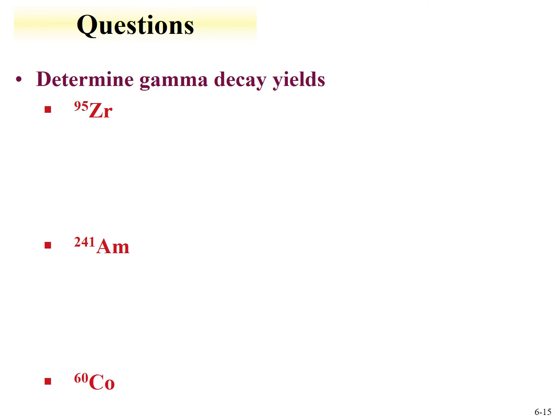These are important factors because often gamma decay is what's used to identify an isotope. If I can count the number of photons that are present and I know my efficiency for the detector, I can get an idea of how many counts there are of a photon that represents a given isotope. And if I know the yield of those decays that result in gammas, the counts of the photons determines the amount of